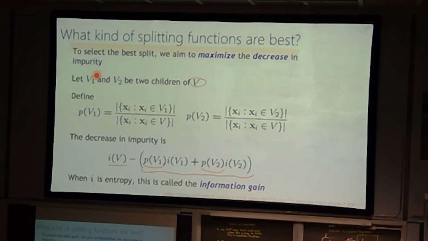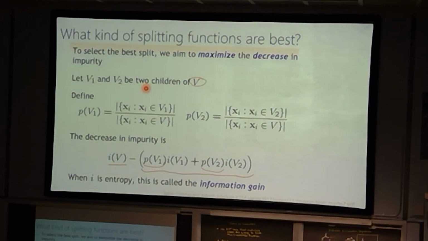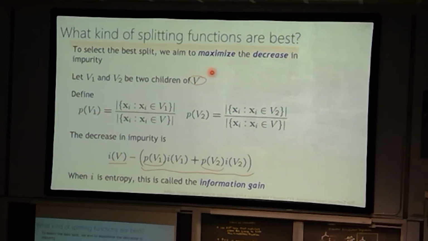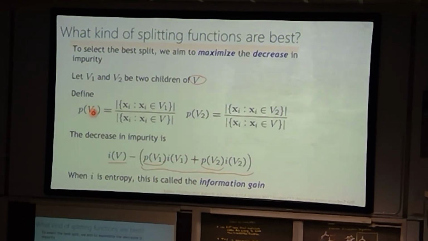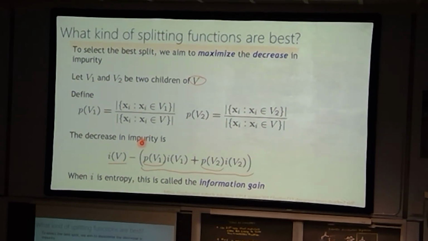Let's think of V1 and V2 as two children of the parent node. These are sets, so V is the parent set, and V1 and V2 are the two children sets after you've done a split. The probability of V1 is the number of things in V1 over the total number, so maybe 3 over 10, and therefore this is 7 over 10. So let's say 0.3 and 0.7 is just how many things go into each of the two splits. And so the decrease in impurity